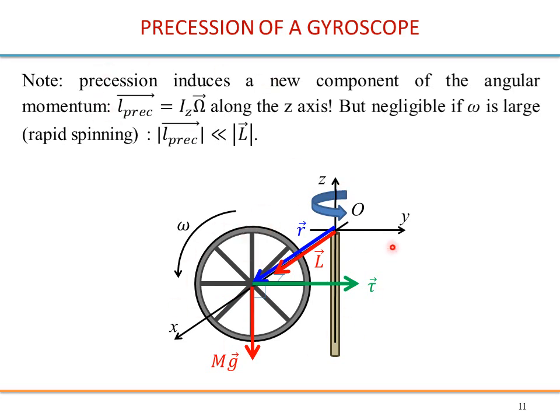This precession angular momentum would be equal to I_z omega, this omega. But it turns out omega is very large, so L precession is very small compared to this angular momentum. Okay, so thank you for